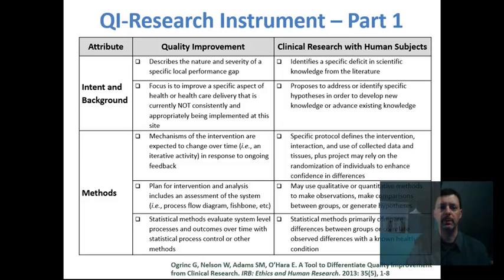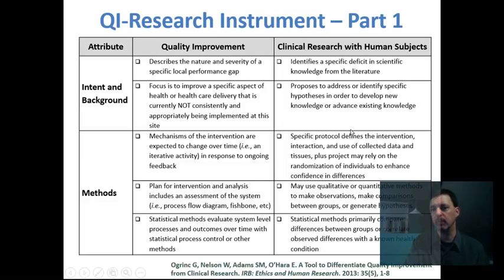So quality improvement tends to describe the nature and severity of a local performance gap, and it focuses on improving a specific aspect of healthcare delivery that is currently not consistently and appropriately being implemented. Clinical research, as we know, really focuses on developing new knowledge or advancing existing knowledge,